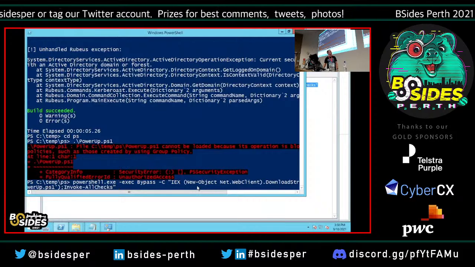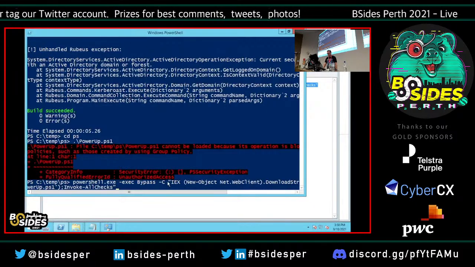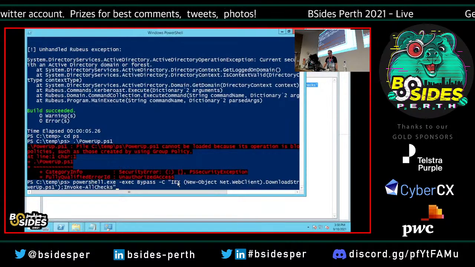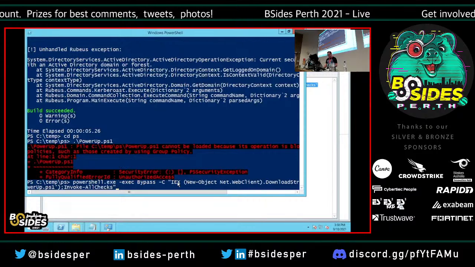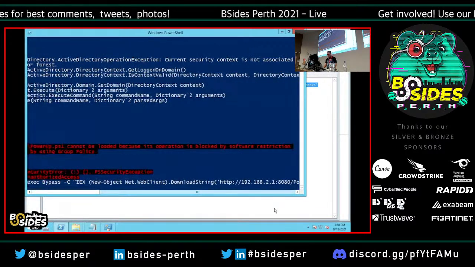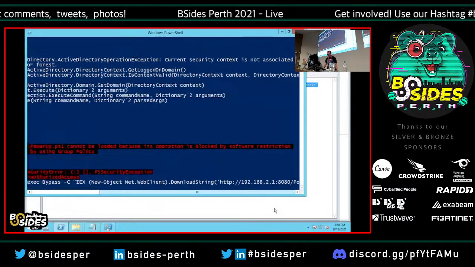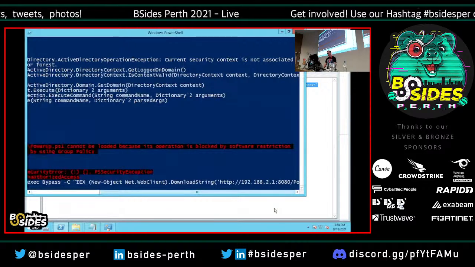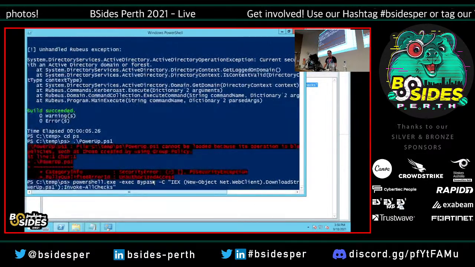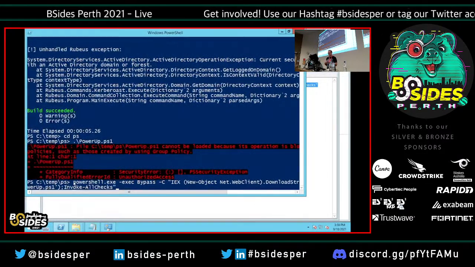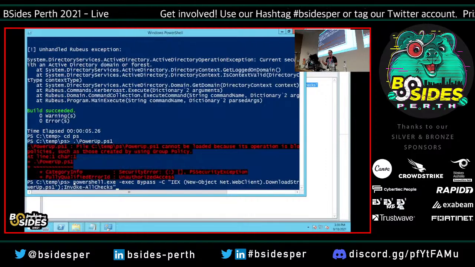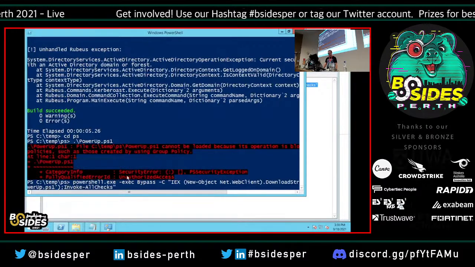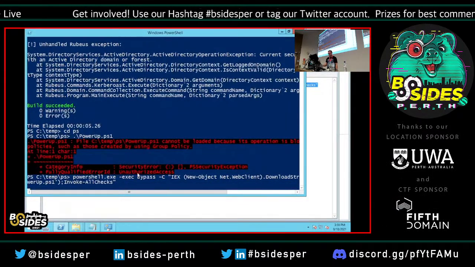if we use this PowerShell command, which, cool, it's fairly legible, we're going to invoke expression, we're going to download the script, which, let's cut it off a bit. There we go, I found the scroll bar, neat. We've got the URL there, which is my local VM host, but obviously it could be anything else. So basically it's going to run the PowerShell straight from memory and then run the invoke all checks command, which